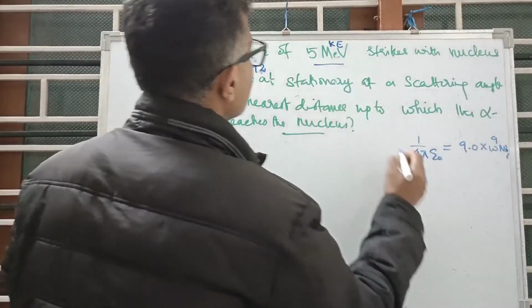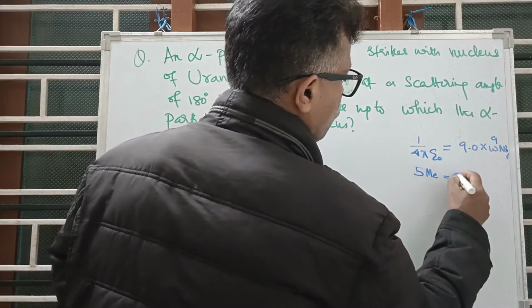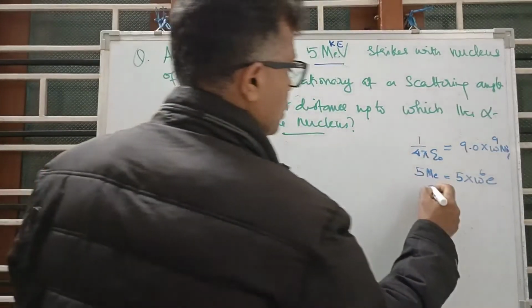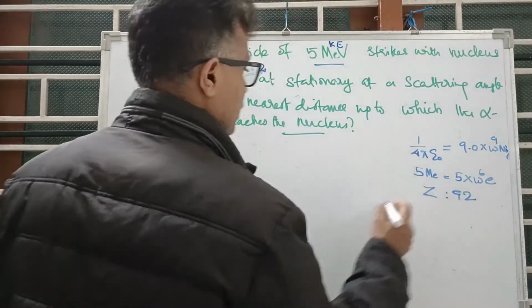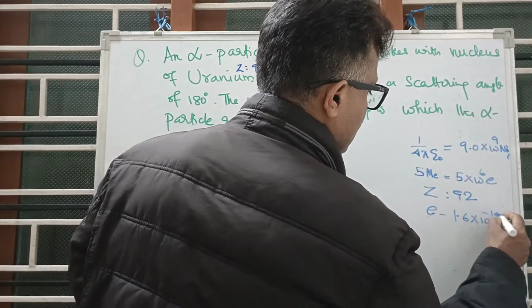Kinetic energy is 5 mega electron volt, so it is 5 into 10 raised to 6 electron volt. Z is equal to 92. Again, the electron charge is 1.6 into 10 raised to minus 19